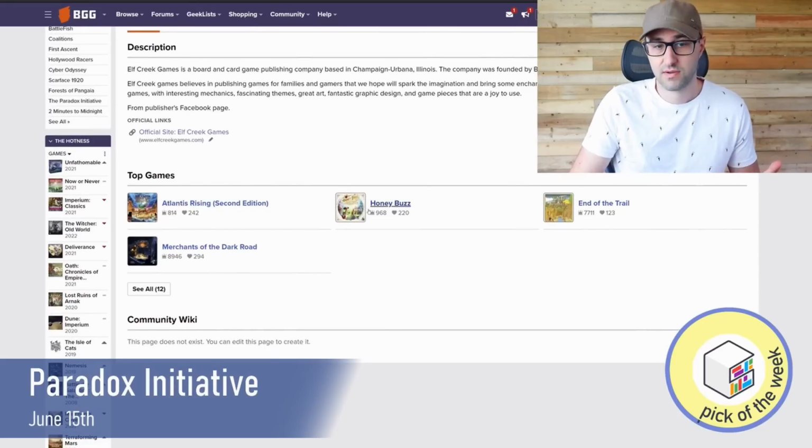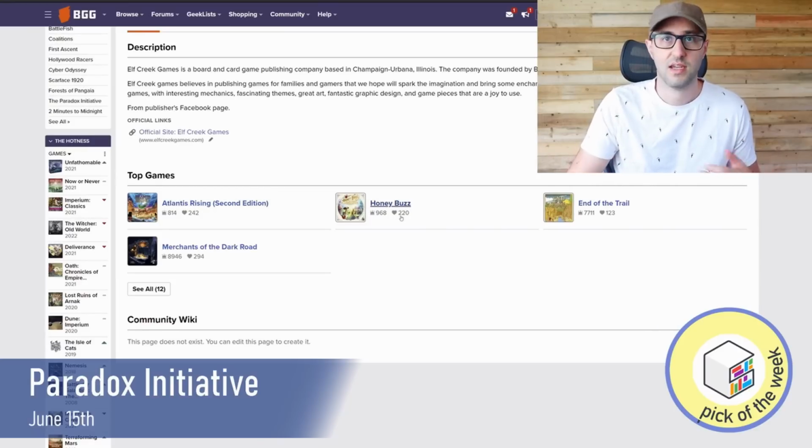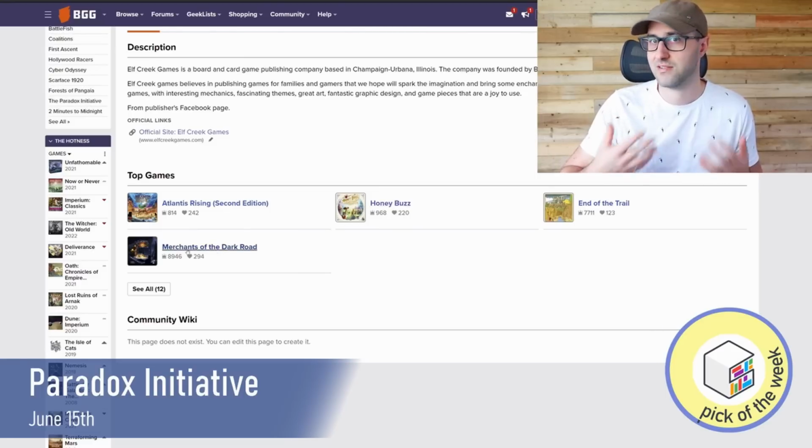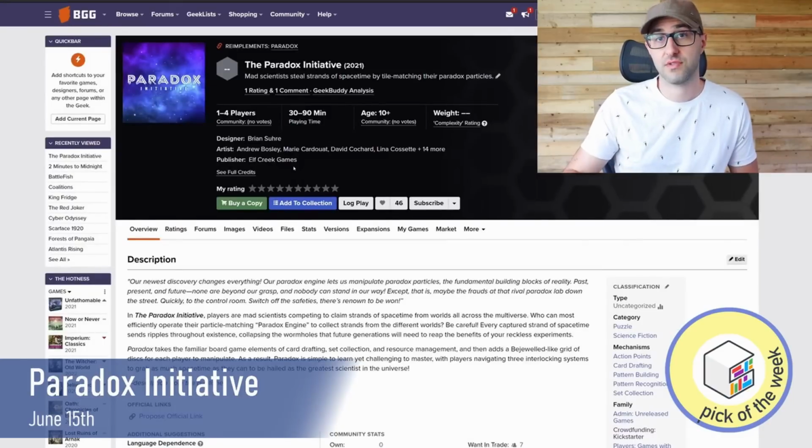I've played both Atlantis Rising and Honeybuzz, and they're both very solid games with a very unique feel to them. Many of you may also know them as the publishers of Merchants of the Dark Road, which I believe is nearing fulfillment now, but it's been a very anticipated game and received a lot of positive coverage from many different reviewers. Based on what they've done, Elf Creek really seems like a company that sets a high bar for themselves